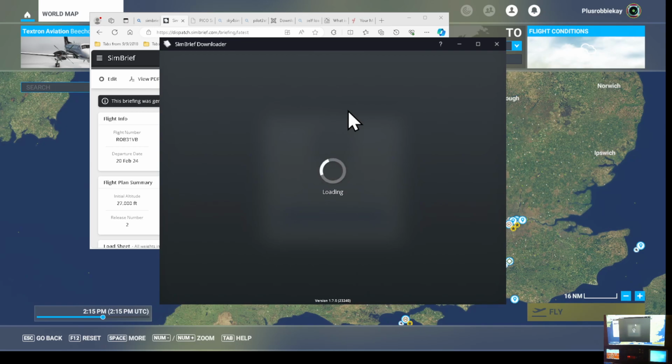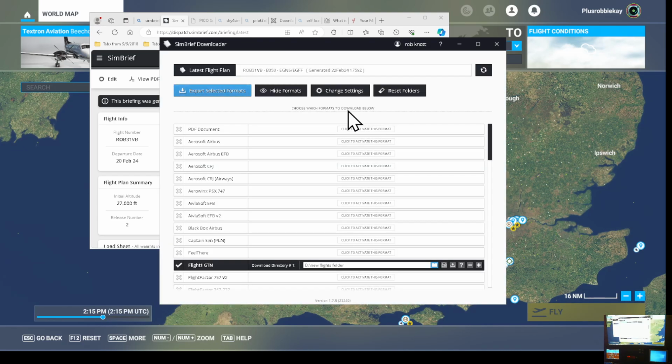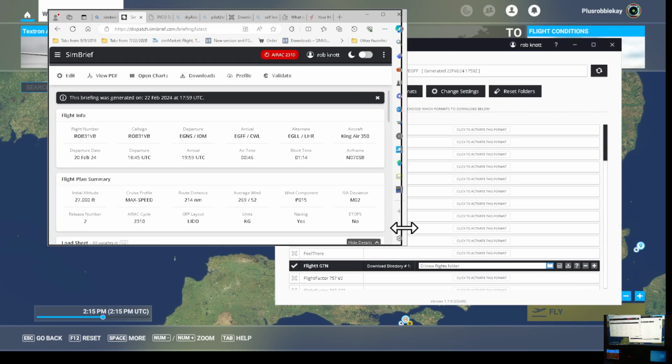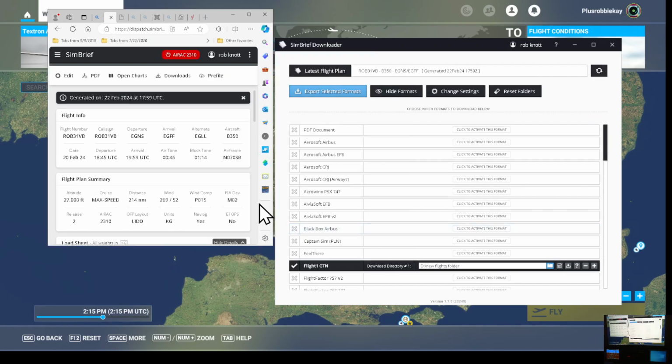Right, so as you load the SimBrief downloader up, there you go, it comes up with this screen. Now this is where it gets really important for you to take some notes, okay? Take note of what I'm telling you, because this is the bit that really makes everything speak nicely and friendly to each other. You've downloaded SimBrief, you've got your account at SimBrief, you've also downloaded this free application from SimBrief,